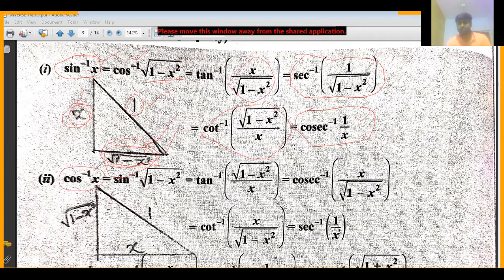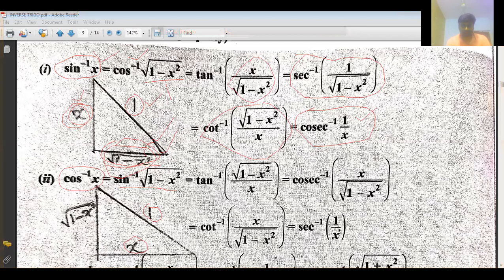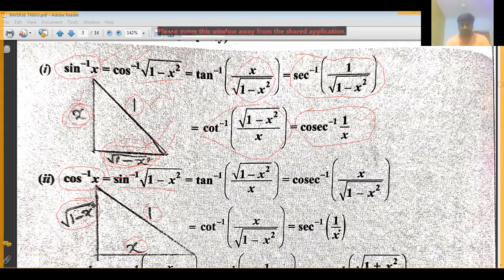Let us take cos inverse of x, suppose. Okay. See, observe in this cos inverse of x. How can I write sine inverse? Whenever cos inverse x, cos inverse means adjacent by hypotenuse, x by 1. What about sine inverse here? So this will become root 1 minus x square, root of hypotenuse square minus base square. Yes. Once we get all the three values for this triangle, now we can write the remaining inverse trigonometric functions. See, sine inverse of root 1 minus x square by 1.